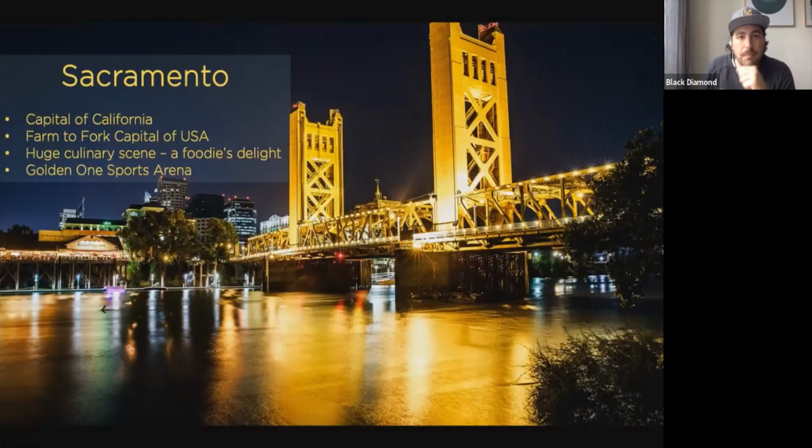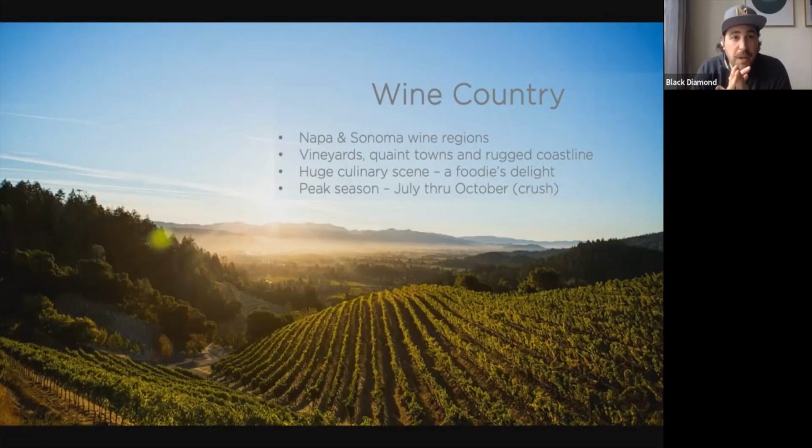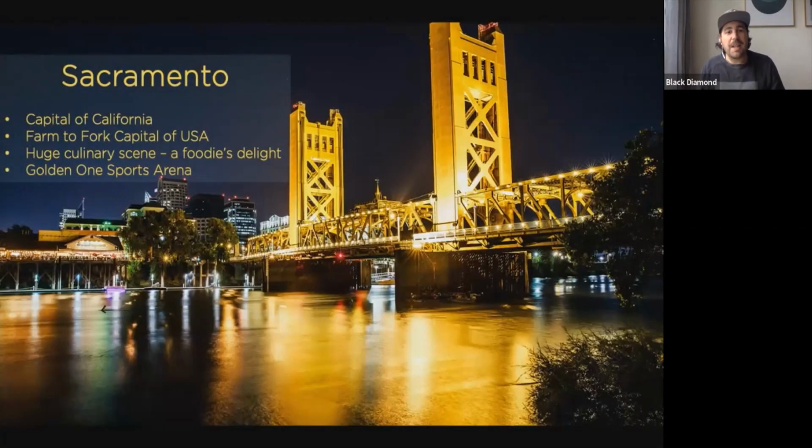And then we finish in wine country. Sacramento down to wine country is only an hour and a half, and then you're in Napa. You've got Sonoma as well. If you want to do Sonoma wine, you could do Sonoma Coast and Sonoma wine, or you could do Napa wine. I tend to do Sonoma on the way up, Napa on the way back. That's my recommendation. We talked about Napa before, so just scooching through it. But just as an alternative road trip for people that maybe want to do something in California they haven't done, a little bit more off the beaten track. That's what I love about California. You can continue to come back again and again.